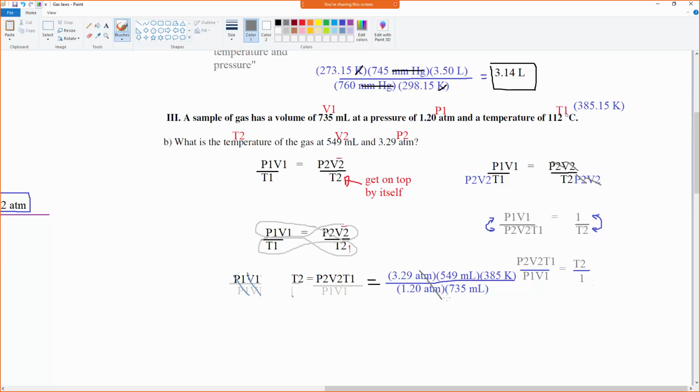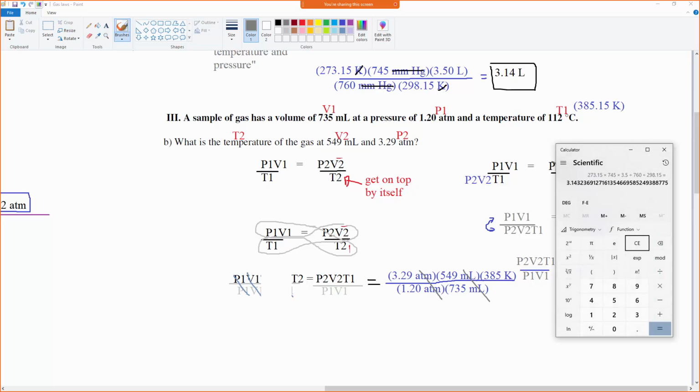Okay, so my atmospheres cancel, my milliliters cancel. I'm left with Kelvin, which is what they wanted for T2. And so now I just plug this in, right? So 3.29 times 549 times 385 divided by 1.2 divided by 735 gives me